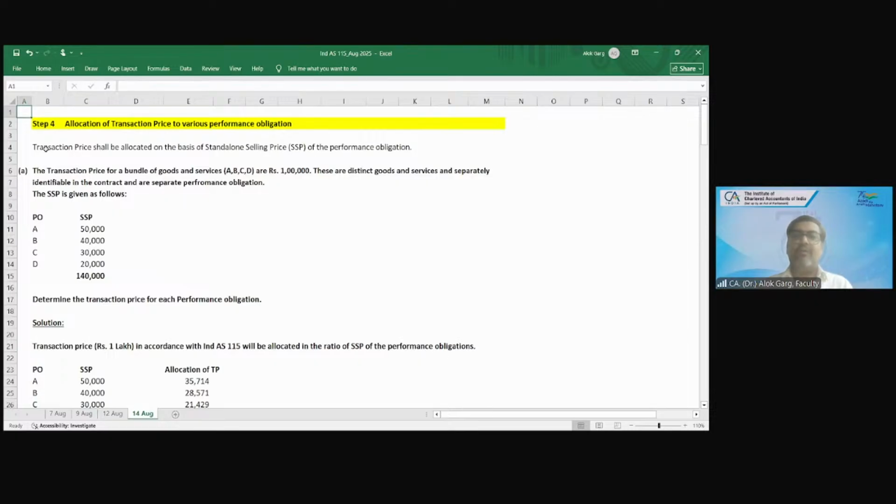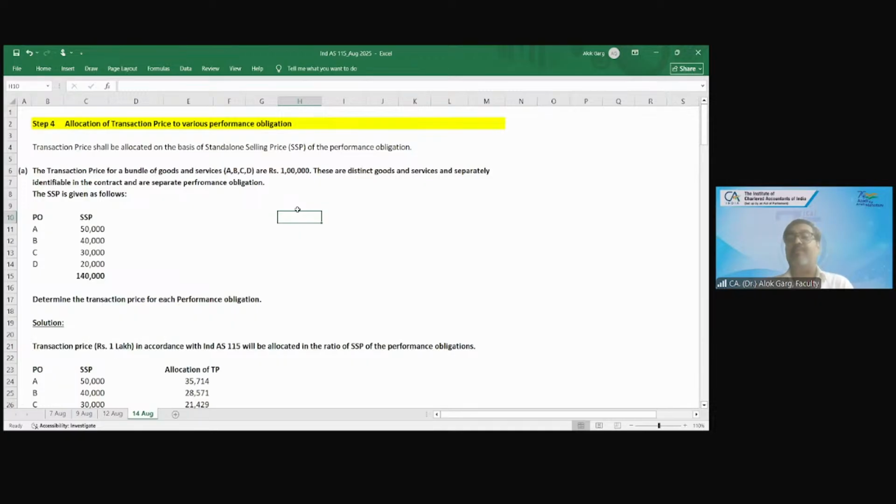Shall I proceed? Allocation of transaction price to various performance obligations. Now the time has come. You know the transaction price. Now you need to allocate the transaction price. Okay. What is the transaction price? You all understood. Allocation, you know. So we need to allocate the transaction price on the basis of what? How to allocate the transaction price? Based on the SSP, standalone selling price, on the basis of fair value, on the basis of market value